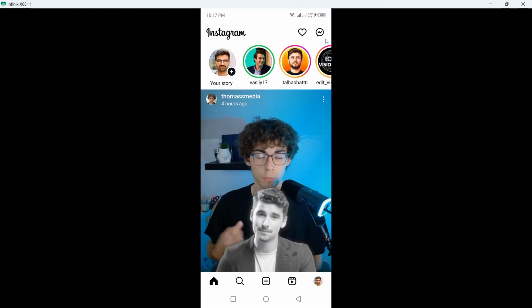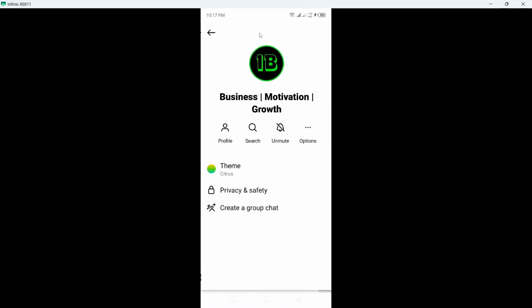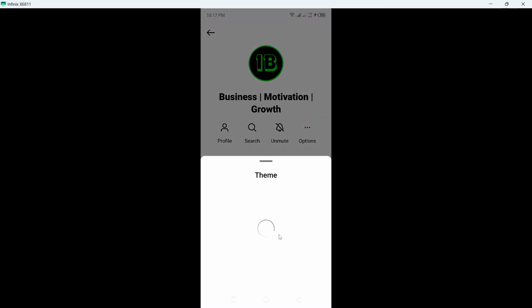into your account. Click on the messenger icon on the top right, select any conversation, click on the person name, click on theme. So once you are here, you need to scroll down and currently you can see that citrus,